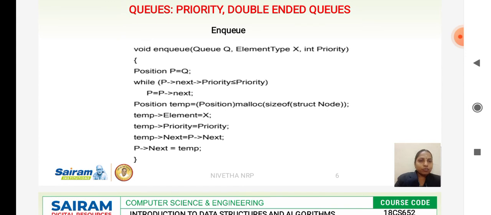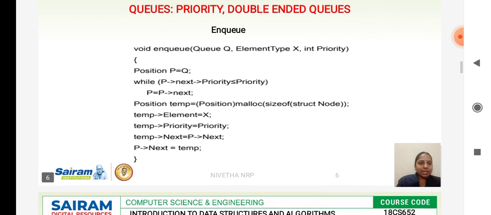Now temp of priority will be the priority, so based on the priority, we assign the priority in the temp. Temp of next will be p of next. Now in the queue, we have inserted an element based on the priority, so p of next will be our temp.